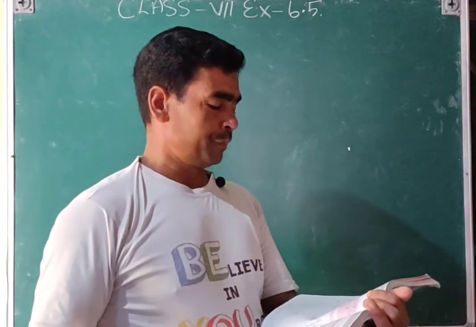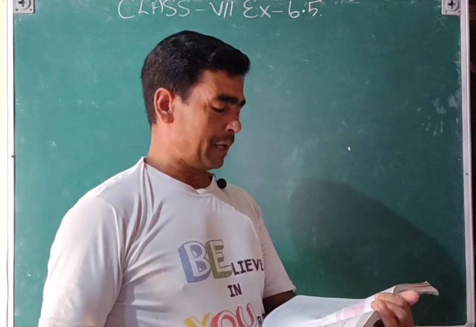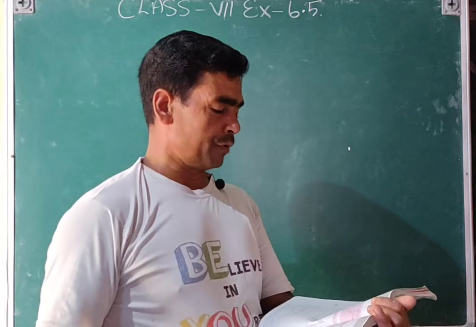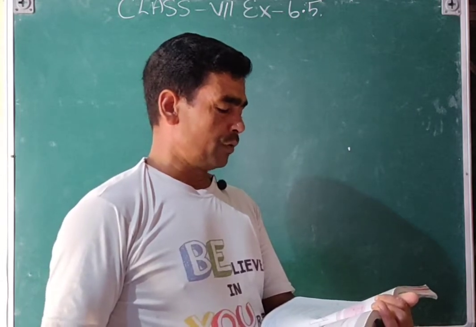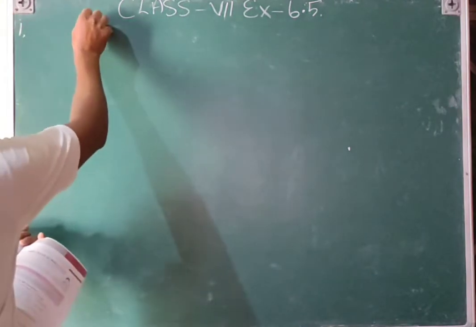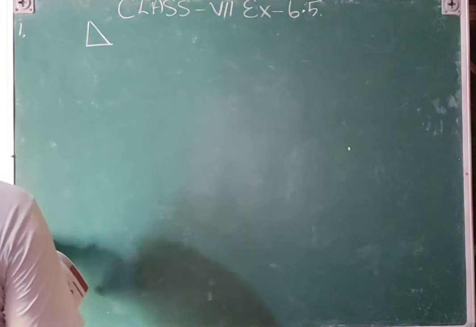Question number 1. PQR is a triangle, right angled at P. If PQ is equal to 10, PR is equal to 24, then find the QR. So first of all we will draw the diagram. That is a diagram, and then